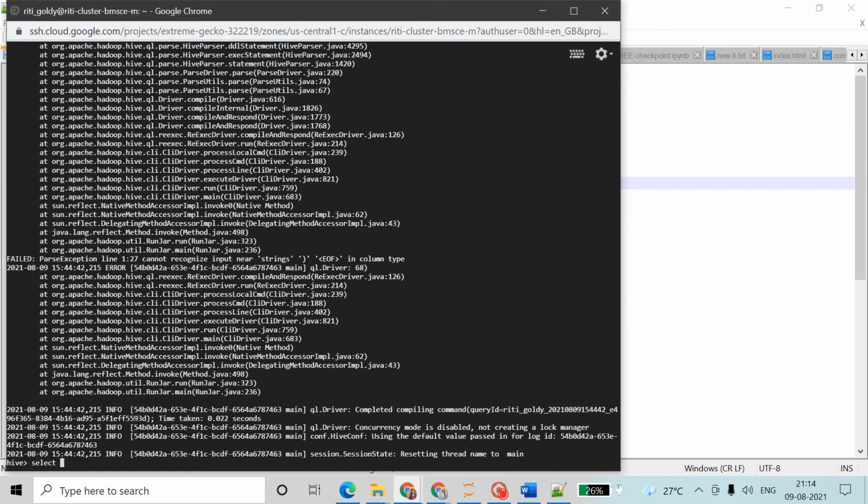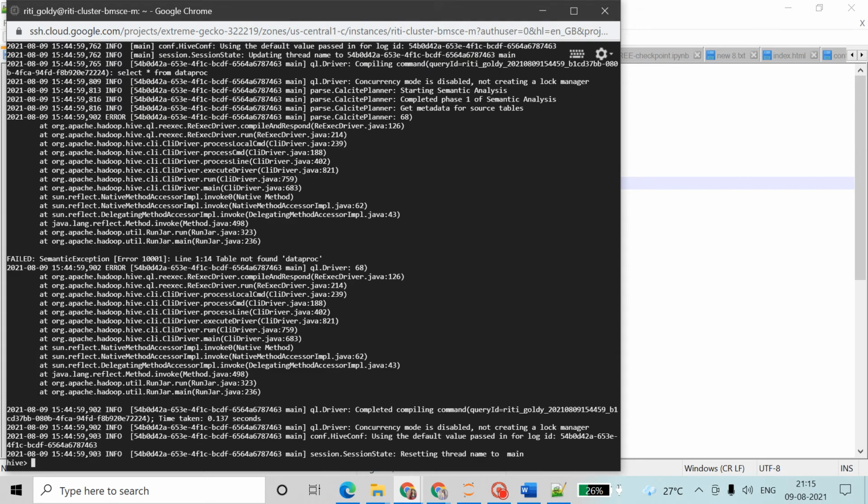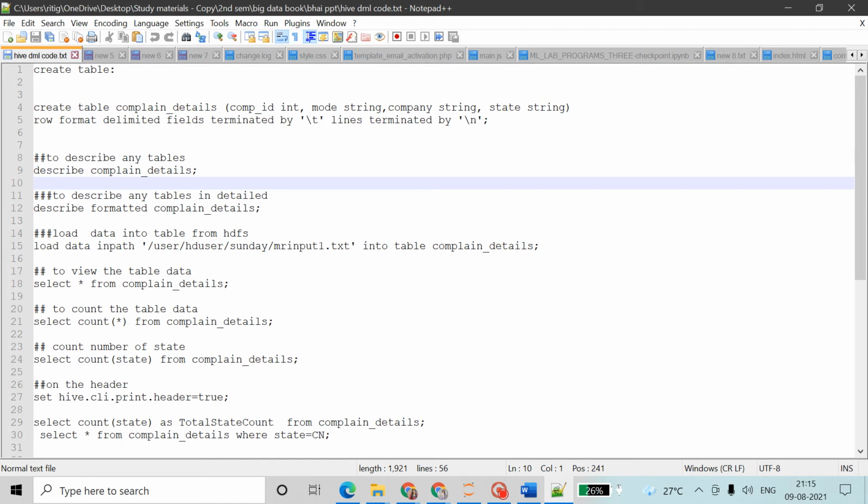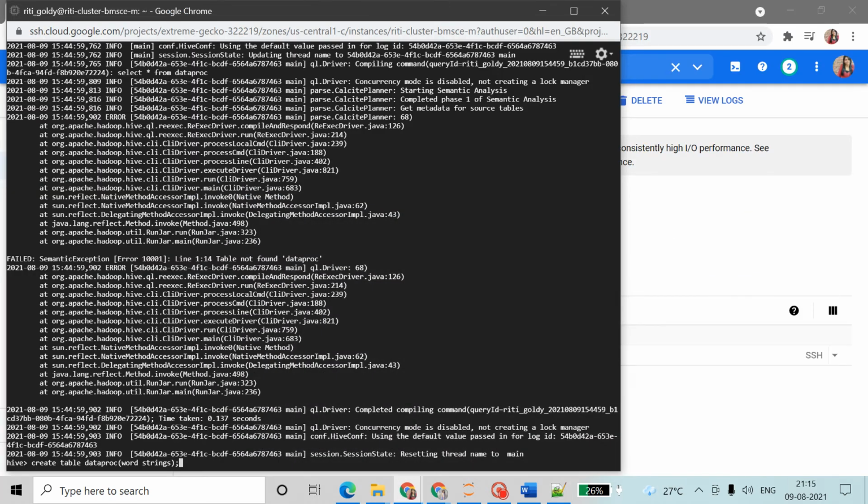Then select star from the table name. The table name is data proc. Like that only we have to create our tables.